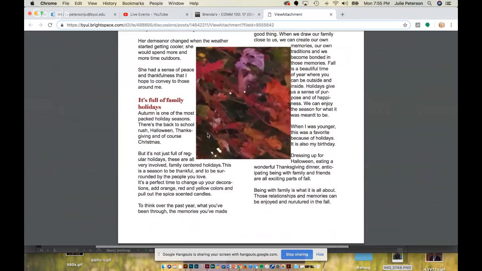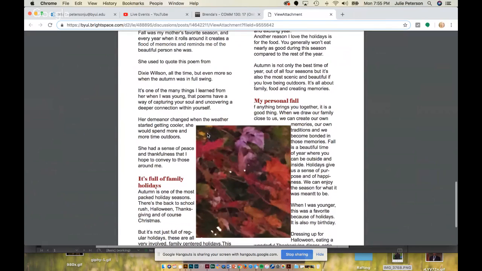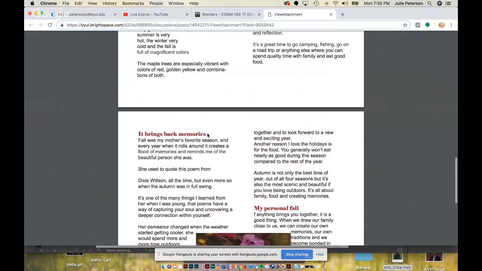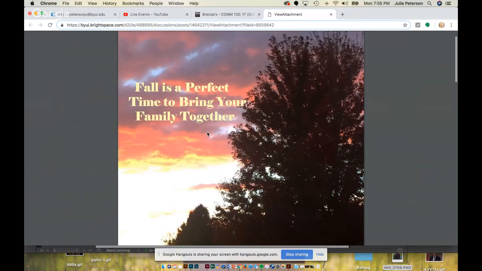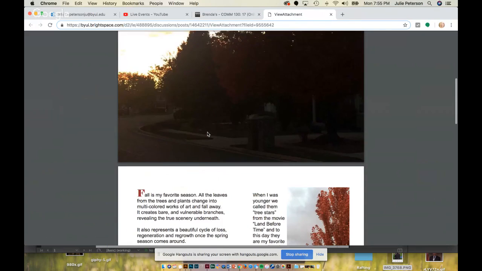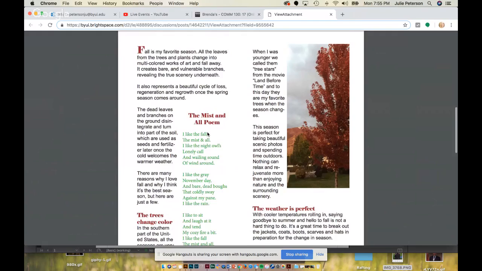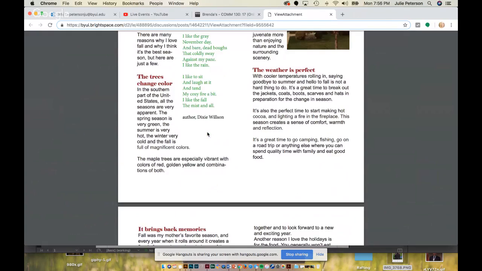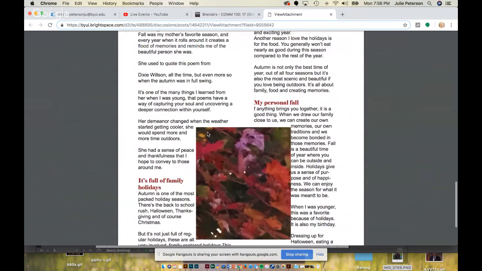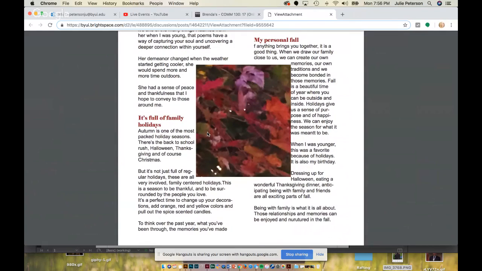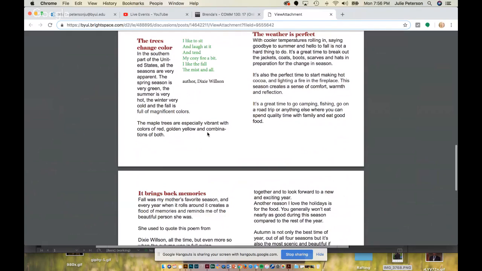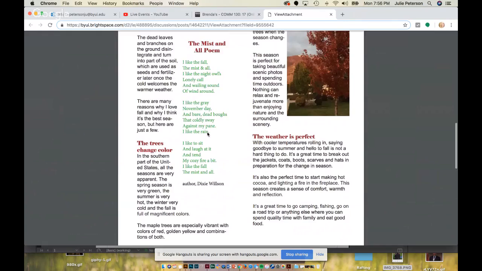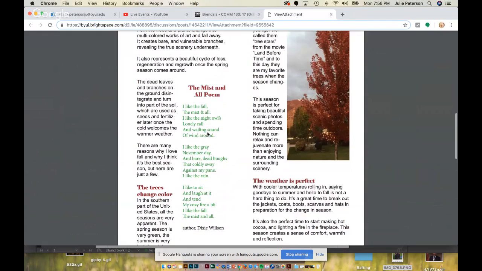Okay, so what's really working on this is your colors. Your colors are matching the images, and you kind of have similar colors throughout the images as well. It's really unifying this piece a lot. And I like that you've broken up the paragraphs, making it easier to read. Your subtitles are very consistent, so it's easy to find where your subtitles are. Yeah, there's a lot of great things about this.